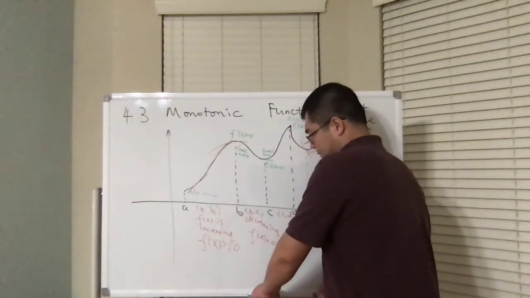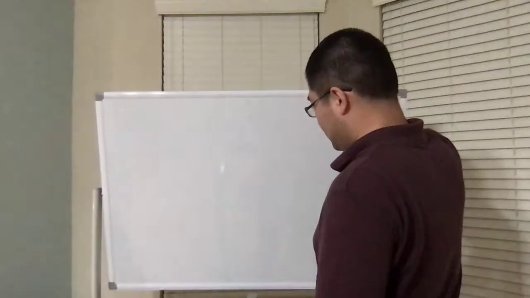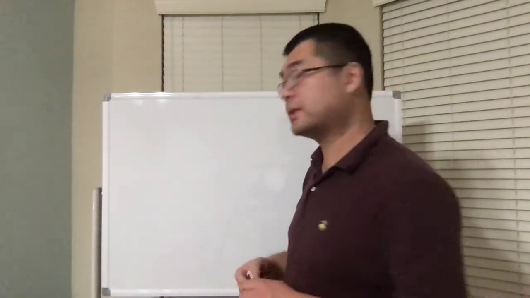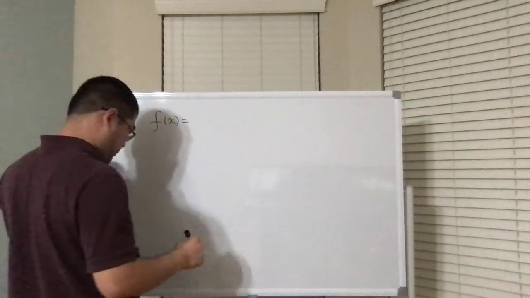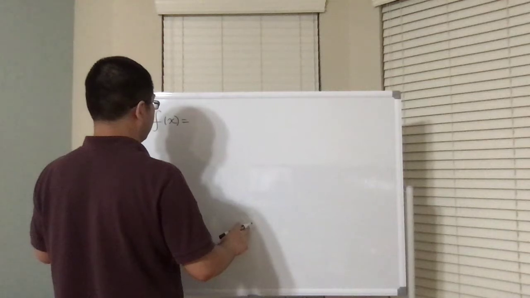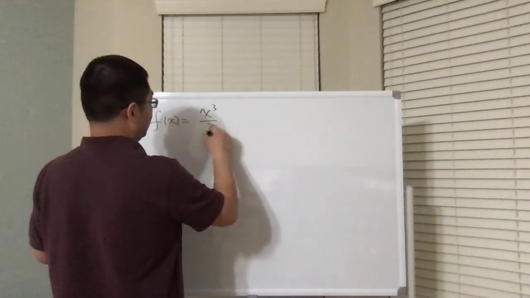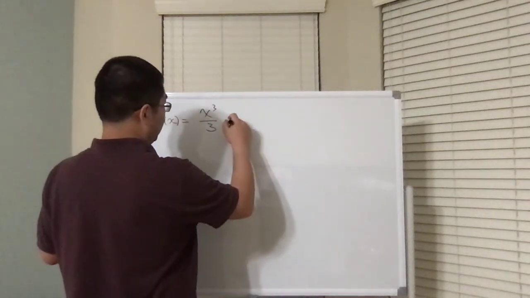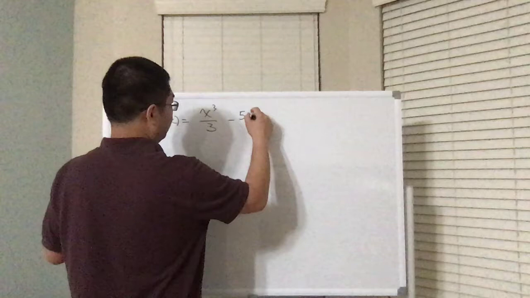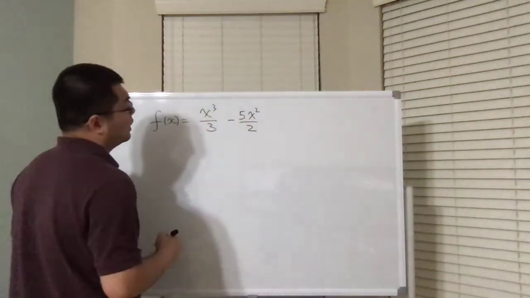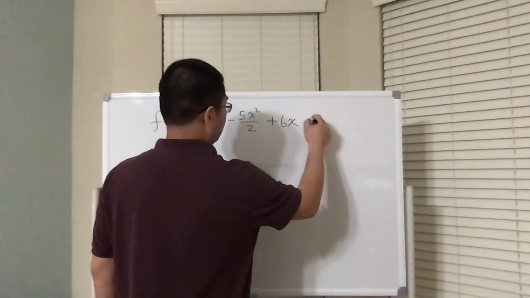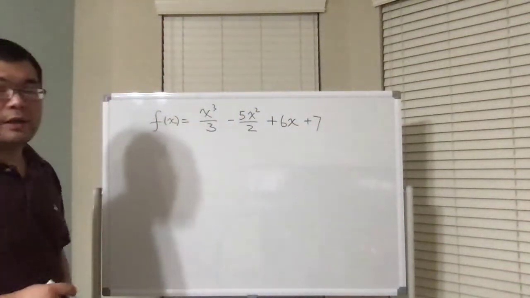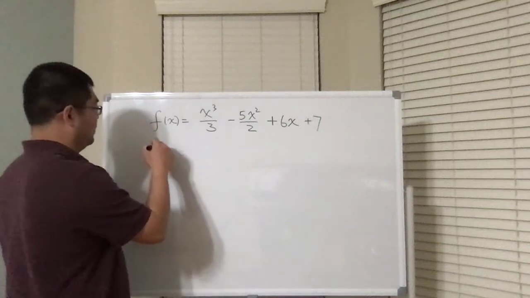Now let's look at one example, so you can see all these things. Let's say f(x) equals x cubed over 3, minus 5x squared over 2, plus 6x, plus 7. And the problem is to find the increasing